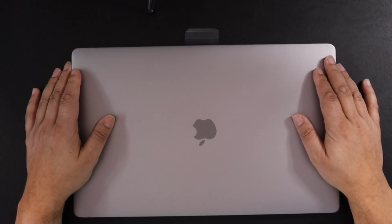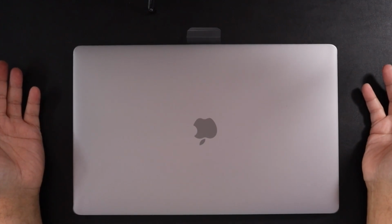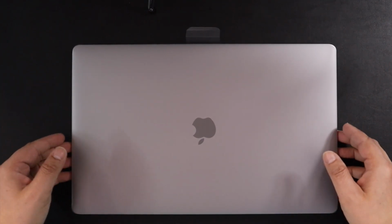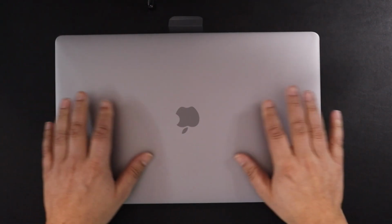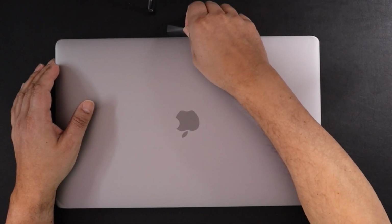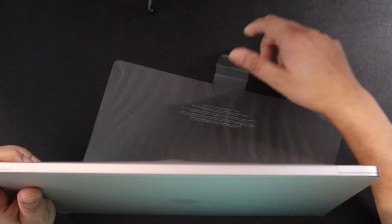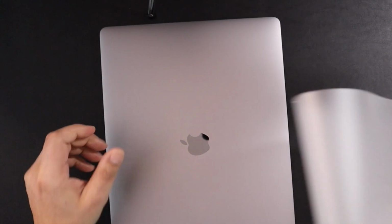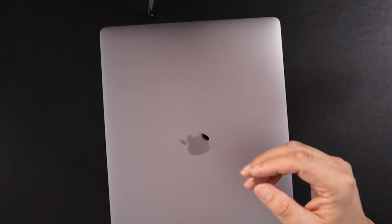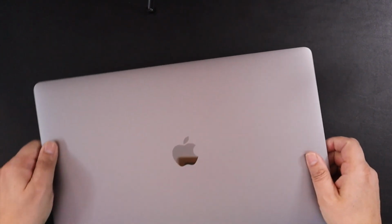Well, I can't tell whether it's any heavier or any lighter, smaller, bigger, thinner, fatter, but I believe there are some spec changes in terms of the chassis. Let's get the paper off. And there it is. I mean, you know what, guys? It's pretty standard, okay? It's a MacBook Pro. I'm not expecting it to look and feel any different to the last one. And in fact,